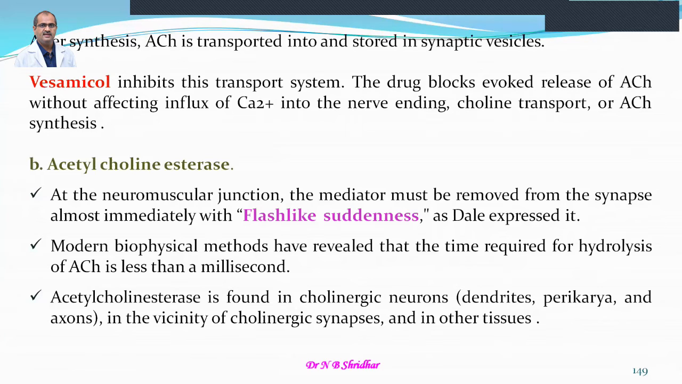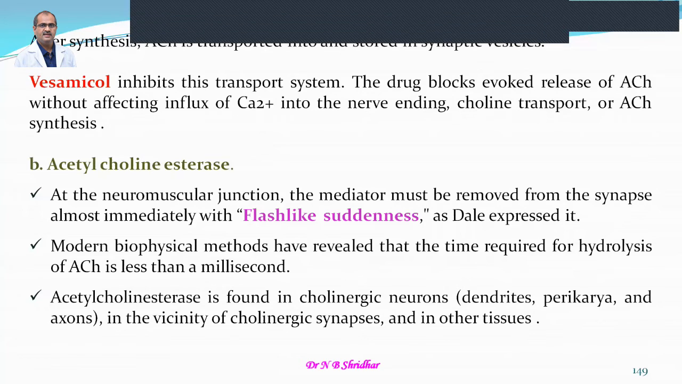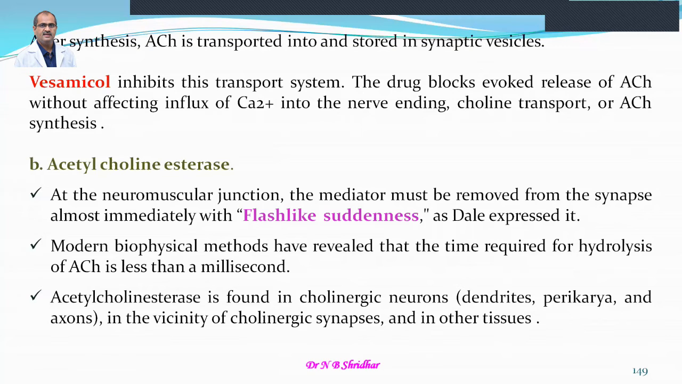The first enzyme is choline acetyltransferase, and the second one is acetylcholinesterase. This is one of the most therapeutically important enzymes for us. In organophosphorus toxicity, the acetylcholinesterase enzyme is irreversibly inhibited. That's why a lot of acetylcholine accumulates in the synaptic cleft and causes a lot of convulsions or